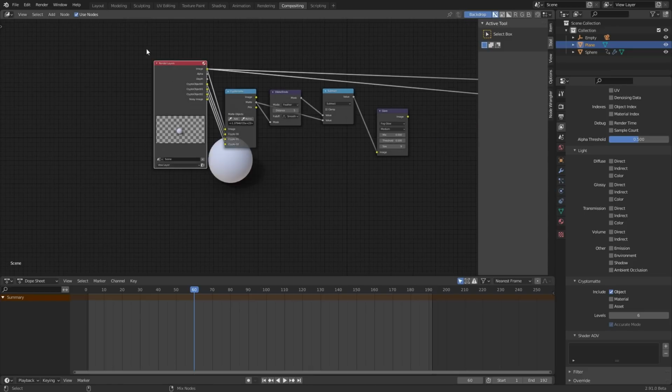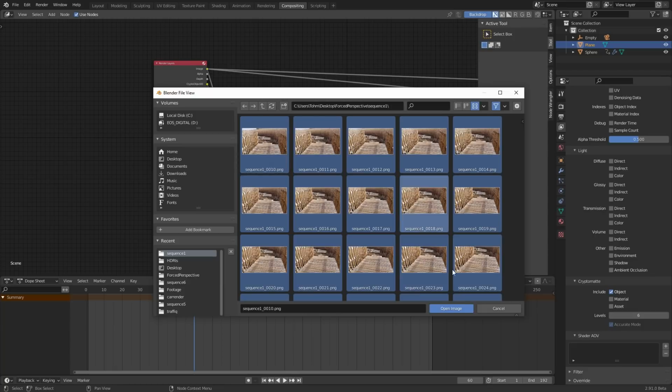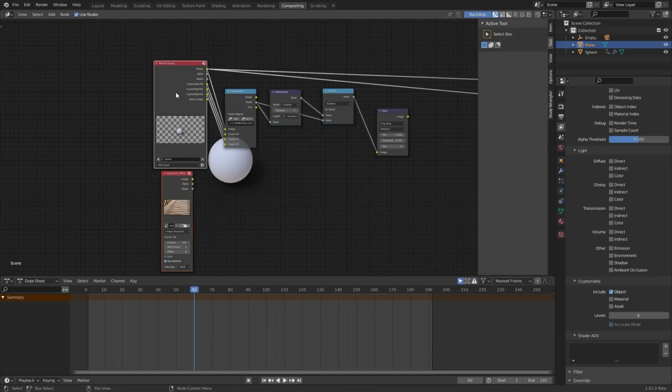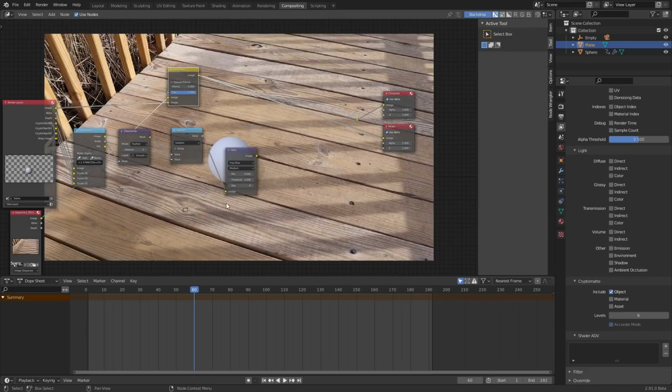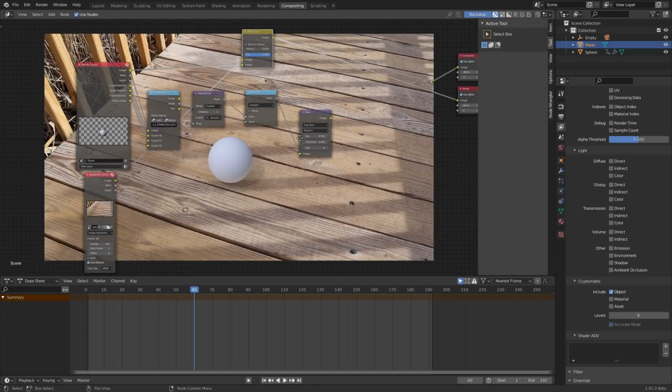So instead of just having this render, let's also import in the background. So I have an image sequence for that. Boom, sequence. We're going to layer these together. I guess probably the best way to do that is with an alpha over node. So we want the image sequence in the background. So if we view this right now, you can see basically we have a sphere on the background, and then